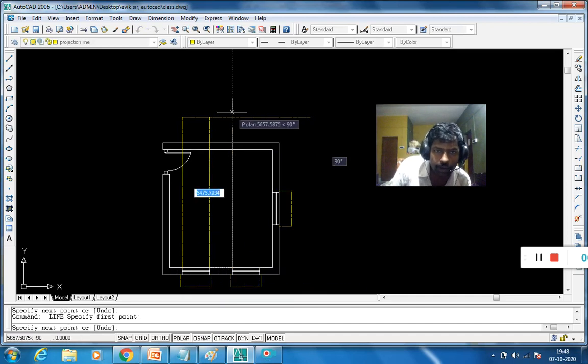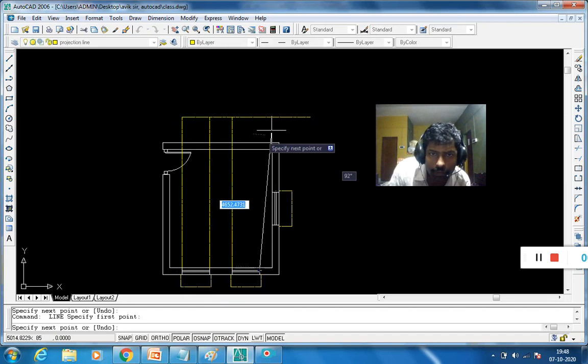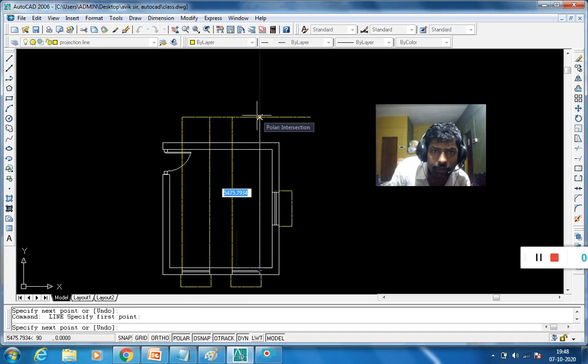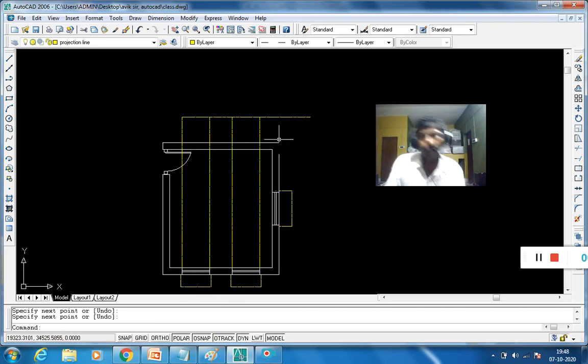Again pick the intersection point, and press spacebar to repeat the command.